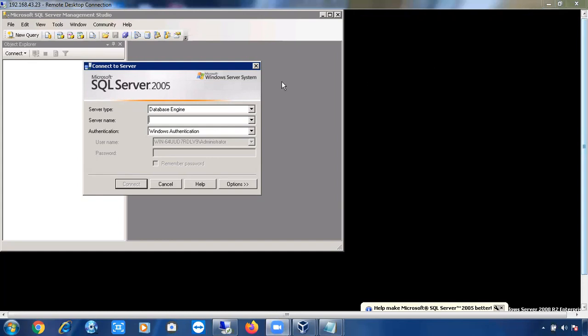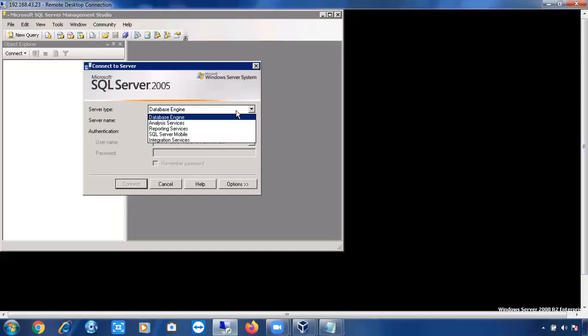Right. So this is your Management Studio 2005. Here, make sure you have selected Database Engine. Why? Because we have already discussed that SQL Server Management Studio can be used to connect to analysis services, reporting services, integration services.